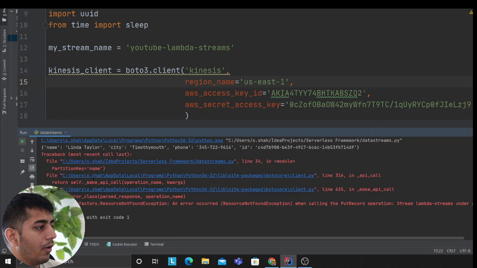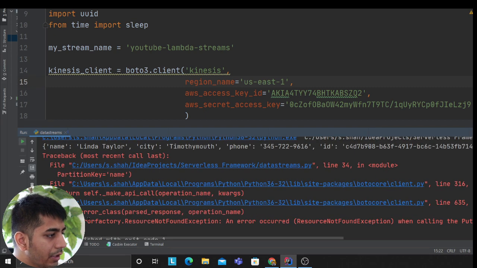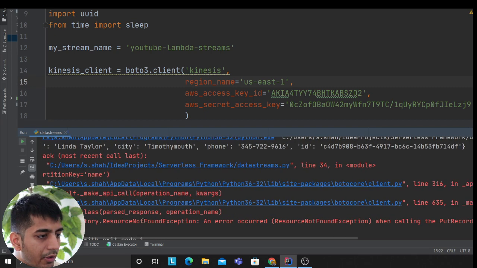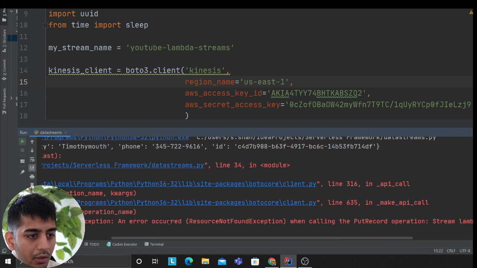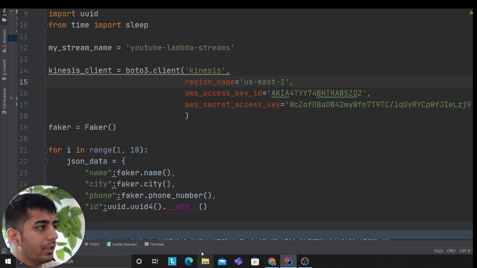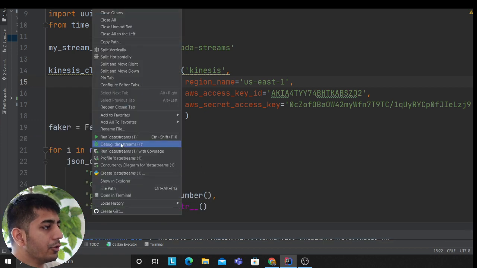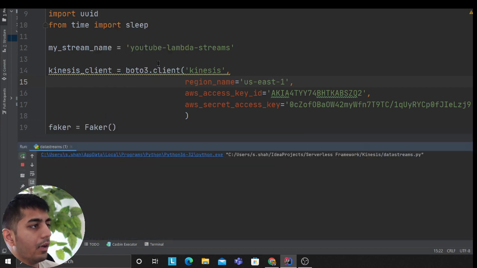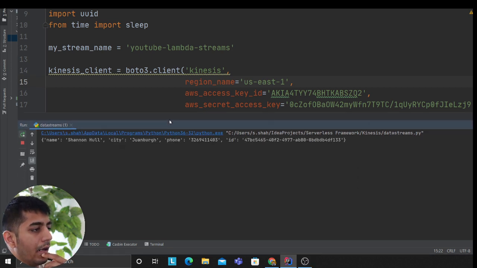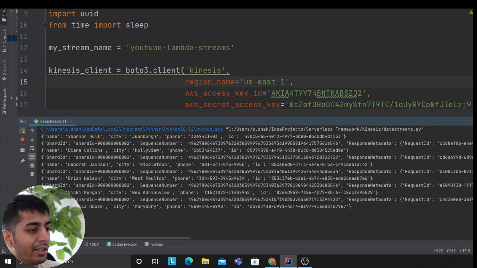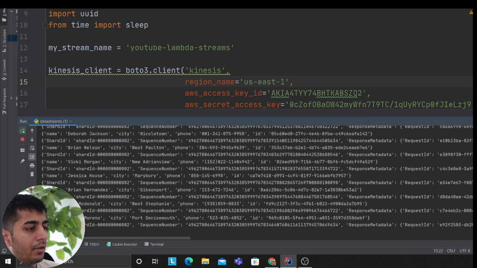So now, oops, seems like we have an issue. Raise an error, factory error, which says an error occurred, resource not found when calling put records streams. Oh, I see. I'm running the wrong file as usual, and I'm gonna run the right file now because I had the old exercise file. So I'm gonna run the new file now,